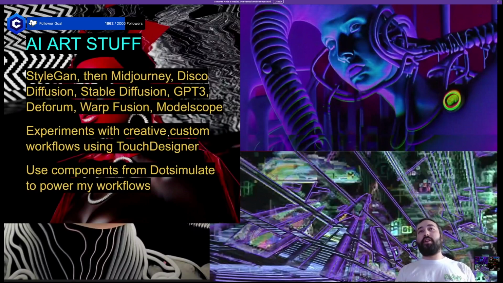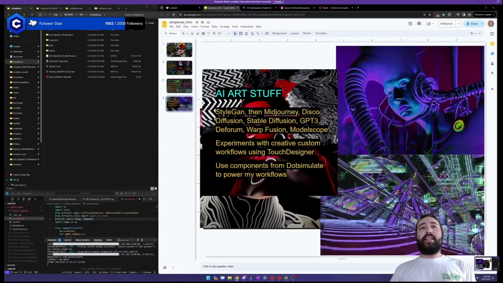And TouchDesigner, I'll go over it a little bit later, but it's essentially a node-based program, not too dissimilar from ComfyUI, but it's built from the ground up to make real-time visuals, and it also interacts with APIs. You can run Python in it to generate anything you want, and that's going to be part of the workflow today. And then after I did lots of AI stuff, I ended up training a fine-tune of ModelScope called Zeroscope, and released that, and that's what ended up getting me into Runway, and so now I work at Runway as a researcher as well, and I also make some art for myself and for certain clients on the side.